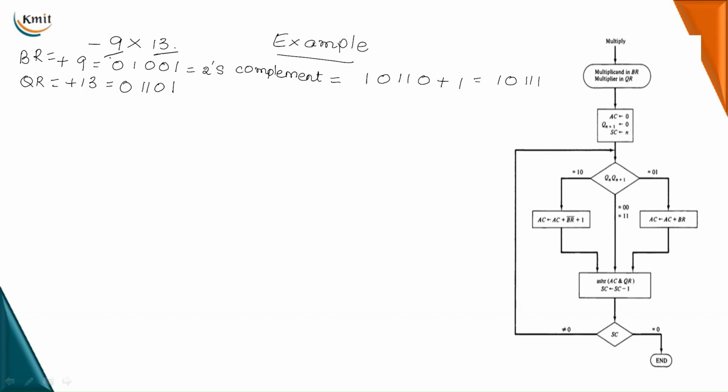Coming to 13, you can use this multiplier as it is in your operation with the sign bit. Since it is a positive value, the sign bit is 0, whereas the magnitude part of the data is the binary representation of 13. But coming to the negative number, which is -9,